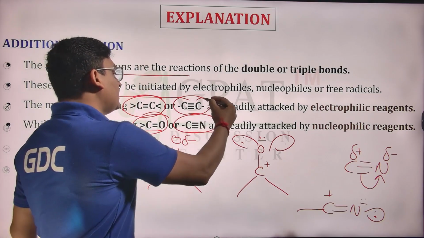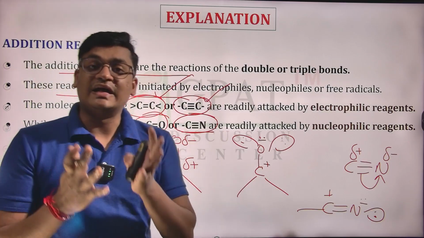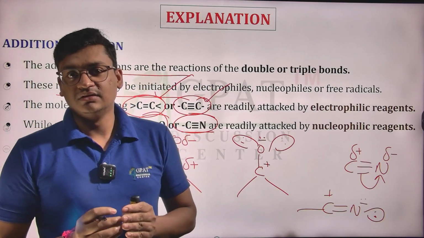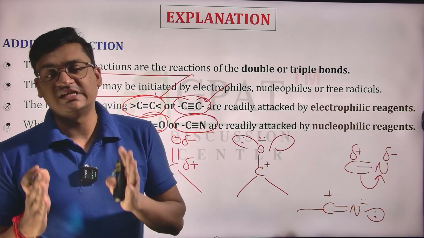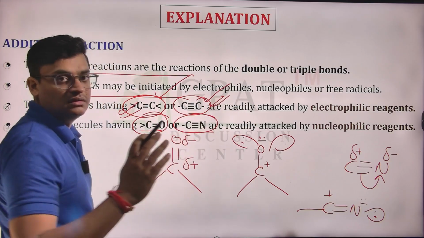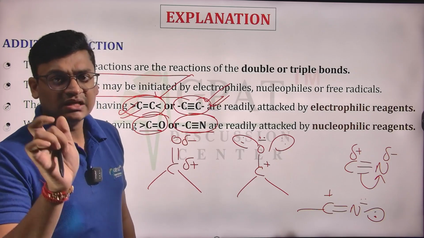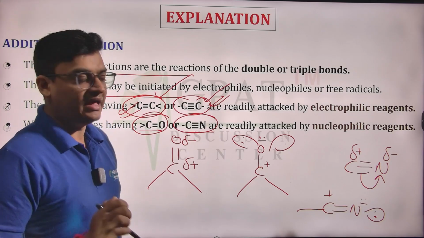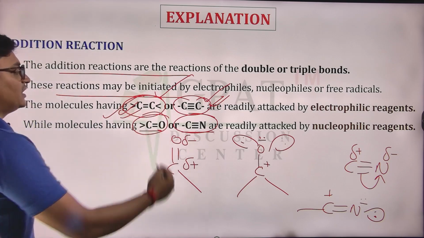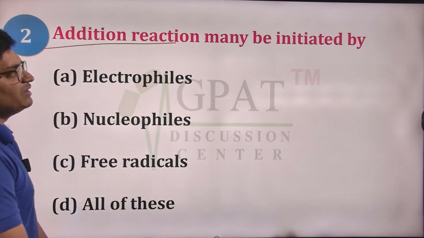electrophile. While in the case of a carbon-carbon double or triple bond, there is an electron density center due to the pi bonds between the same electronegative atoms. That's why such bonds are attacked by electrophiles or sometimes free radicals, depending on the case. If there is the condition, then we can have free radical addition as well on the carbon-carbon double or triple bonds. Next, addition reactions may be initiated by